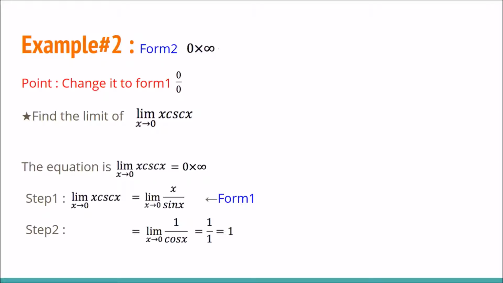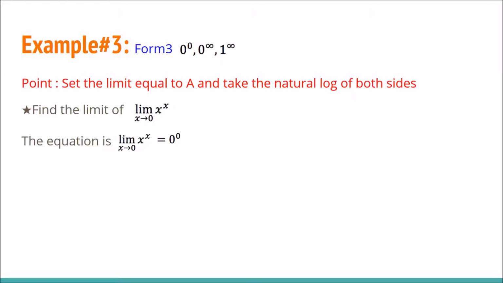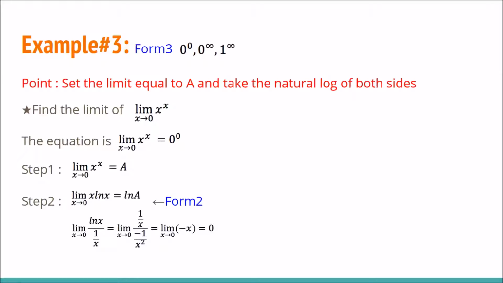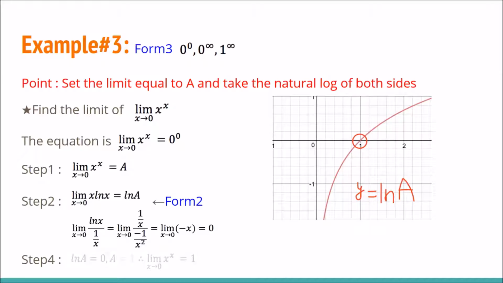If the function is in exponential form, you'll have to apply the natural log and change it into form 2, like in our previous problem. Here we have x to the power of x. We take the natural log and it becomes x multiplied by the natural log of x. We then take that form and change it into a ratio, log of x divided by 1 divided by x. That way we can apply L'Hopital's rule and see what we have when we take the limit,